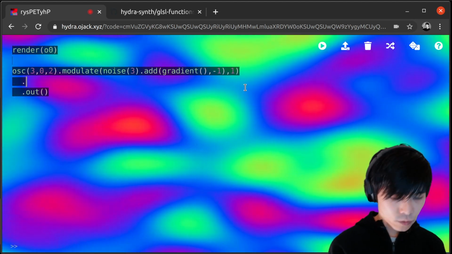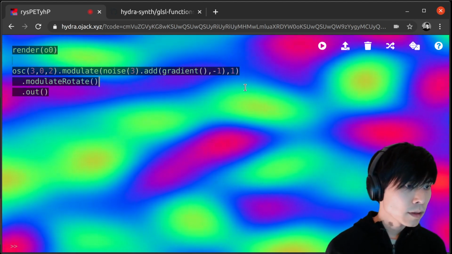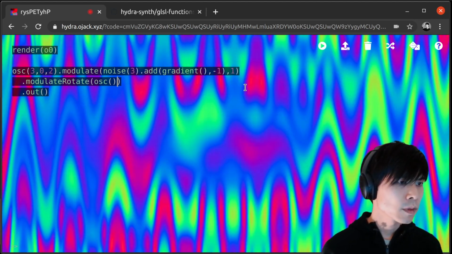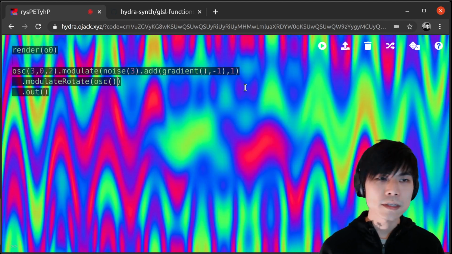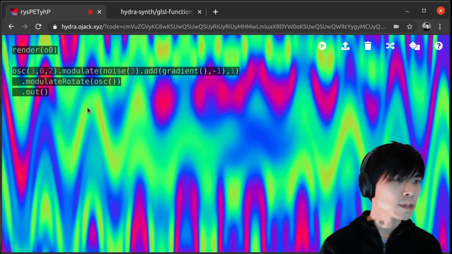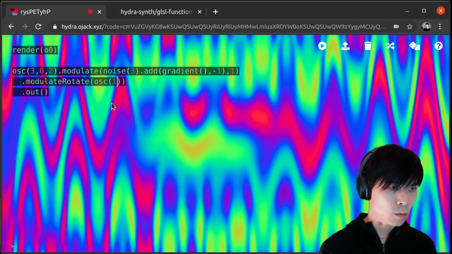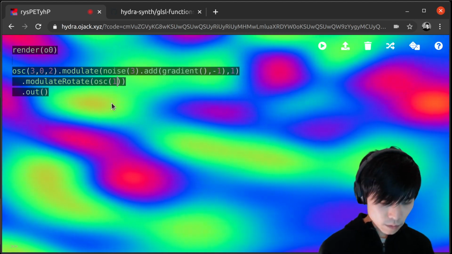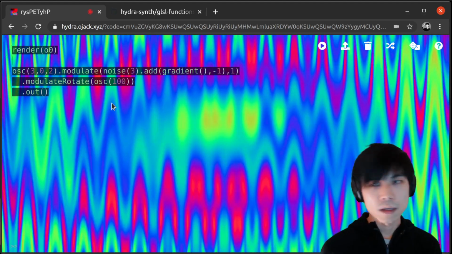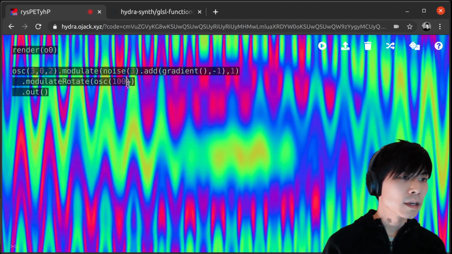And here I want to use modulate rotate, for example. And here, okay, let's say oscillator. And now again, it's a little bit chaotic. You might see some kind of frequency from the oscillator here. Like if you have something smaller, then yeah, this is a bit too humble. But if you make it high, then you see the frequency of the oscillator. But it doesn't really look like rotate. It's because